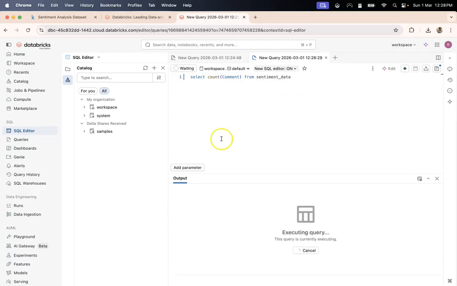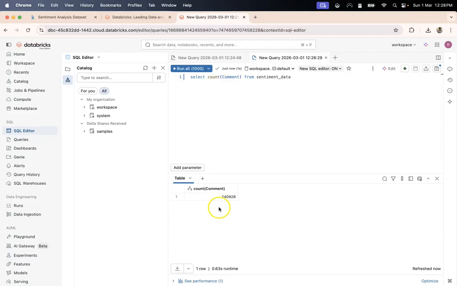If I hit enter, let's see how much count we are dealing with. So we are dealing with 240K, that's a lot of text. So we are dealing with something which is close to production. Although in production, your organization might be dealing with millions and billions of data points, but it's close. It's not something like a toy data set.